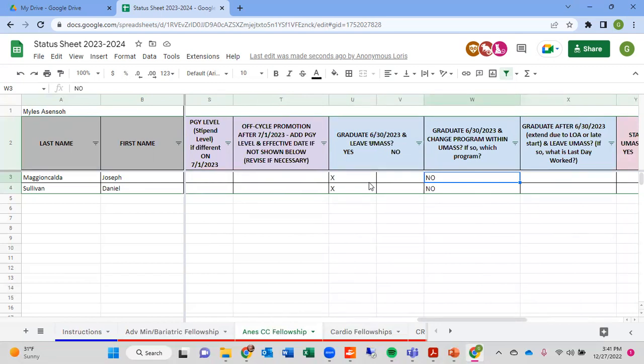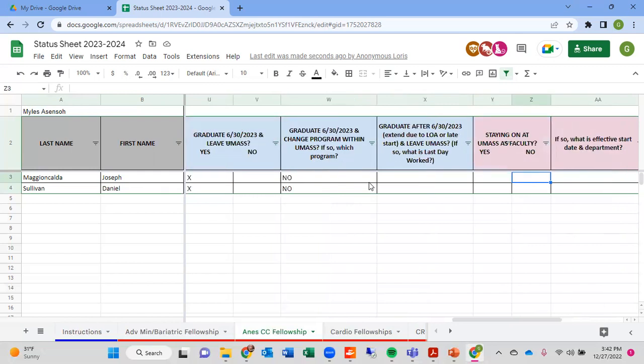If they are changing programs, please make sure you say yes and to what program. I did put this in for several people that we already found out through the matches that just happened recently. But if you find out that somebody's going to be changing from a residency to a fellowship, please make sure that's in there. Again, if they need to extend,